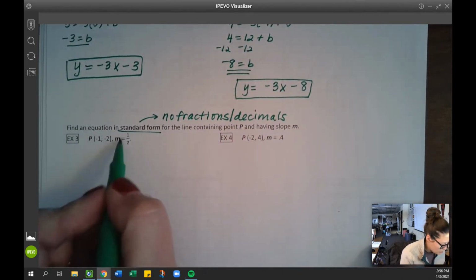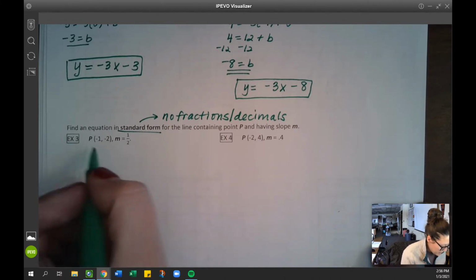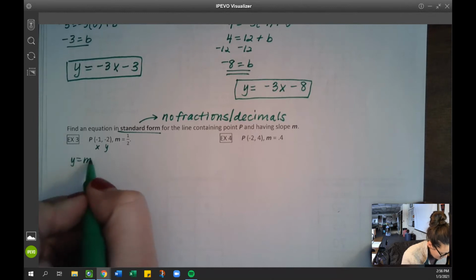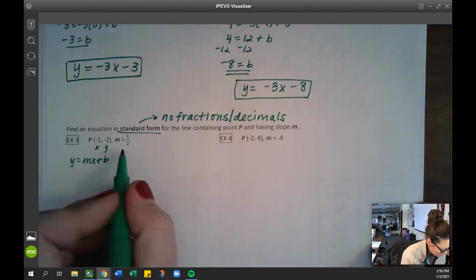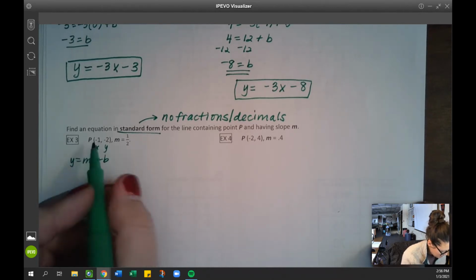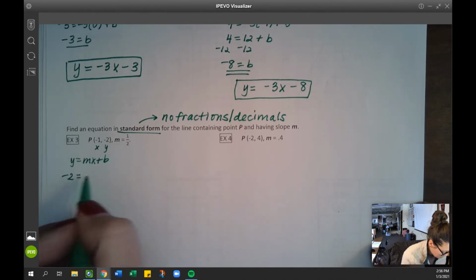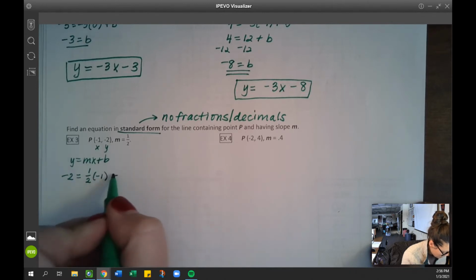So we already know the slope, but again, I have to find the y-intercept. So I'm going to plug it in, and I'm going to use slope-intercept form, even though my final answer isn't asking for slope-intercept form. So y is -2, m is 1/2, x is -1,